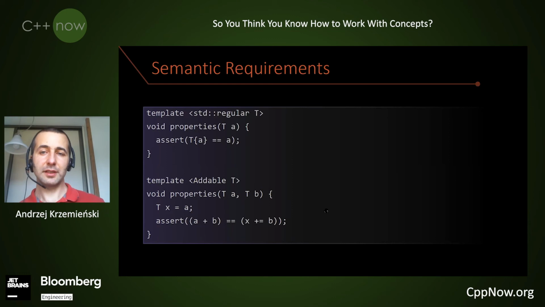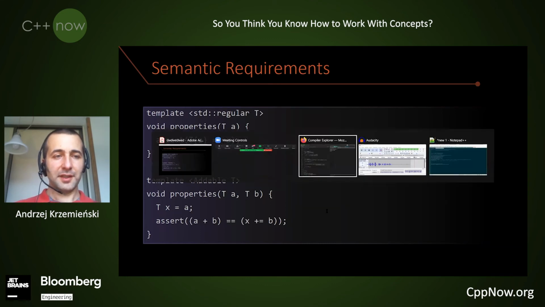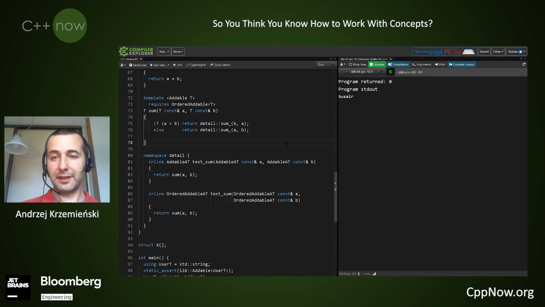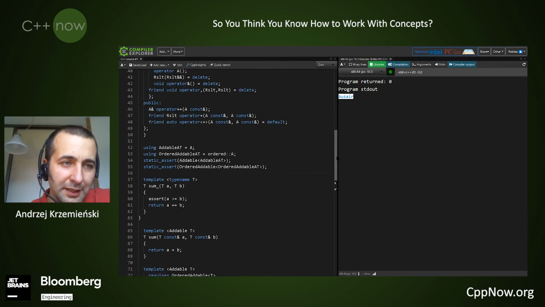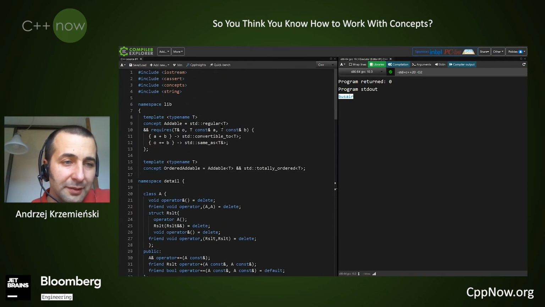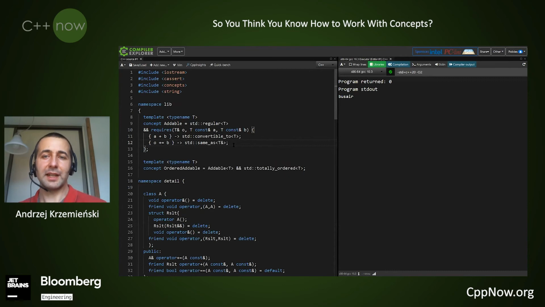And unfortunately, they cannot be expressed in a concept. But the consequences of not communicating them are dire. Like here, we produced bad results in case of not satisfying standard library semantic requirements. We get undefined behavior. There is no way to communicate them. We could try, like C++11 concepts did provide a feature like axioms for expressing exactly those. We don't have it here.